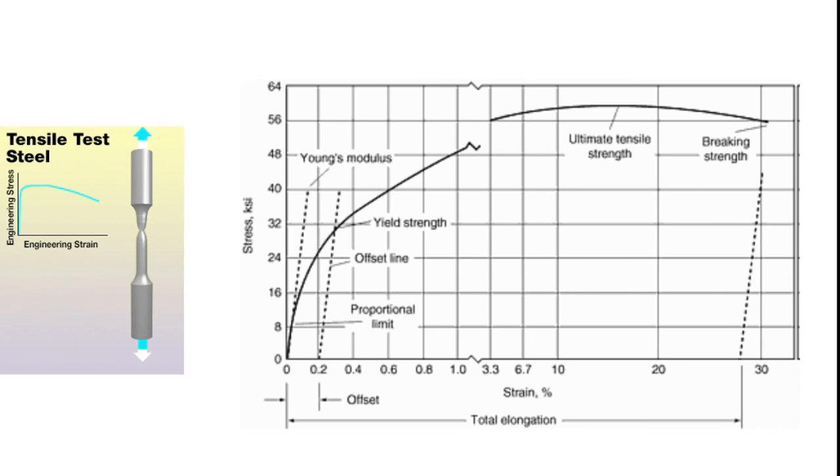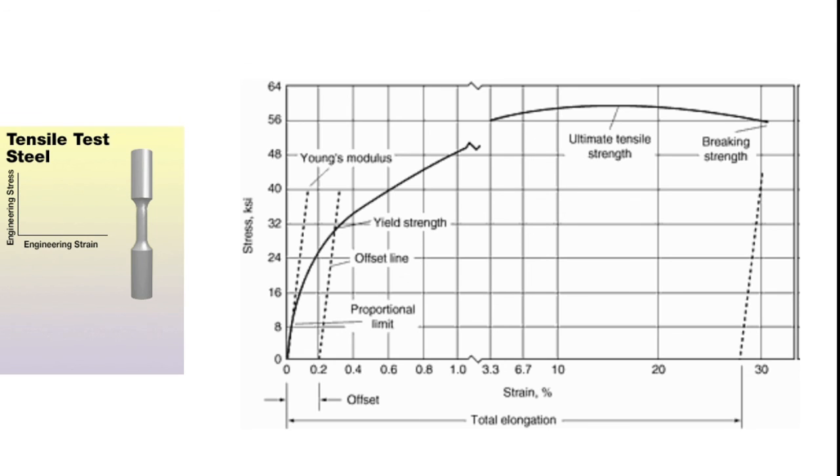Here, the reduction in the area of the broken specimen is determined by measuring the dimensions of the neck down region at the fracture and comparing that cross sectional area to the original cross sectional area. From this we can get the original property of that material, the mechanical property of that material. Besides tensile and compressive stress strain curves, occasionally torsion stress strain curves are also determined. I will tell you in the next video.